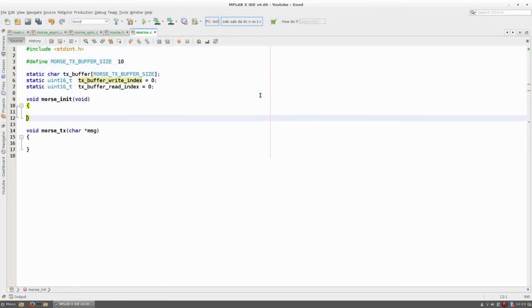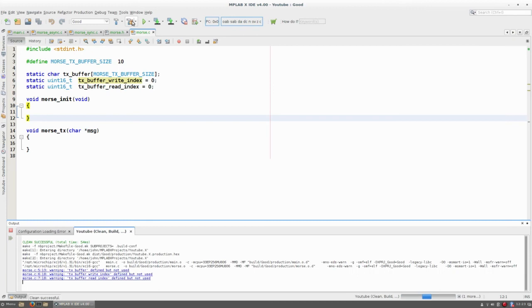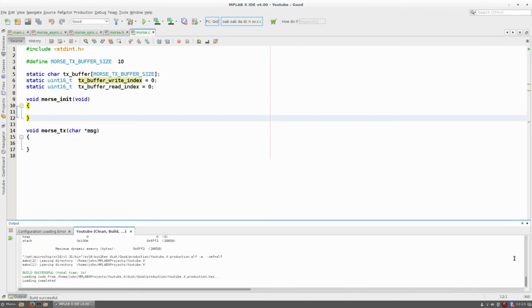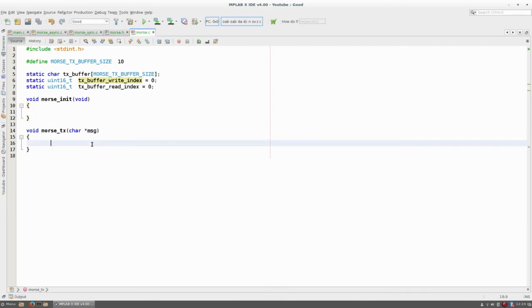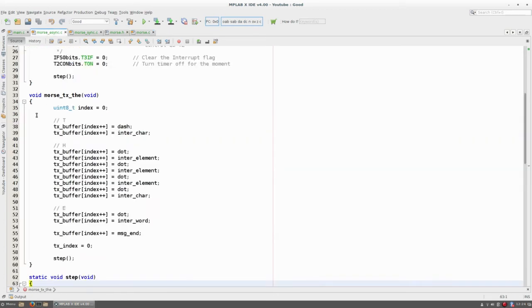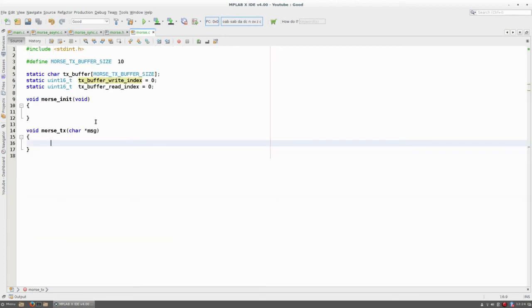So that's our buffer, and we're doing nothing with it. It's going to moan that we're not actually using variables, so it's just a warning on that. So now, in our transmit function, we saw in the asynchronous version that we just loaded up this buffer. So we're going to load up the buffer with the characters. We'll just create a local variable, a pointer, and make it equal to the message, and just use that, and loop round